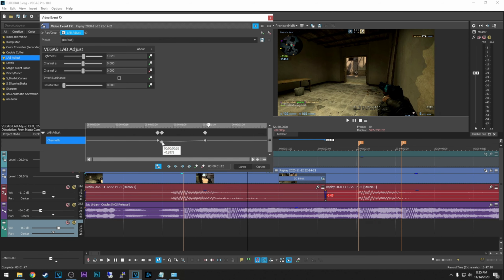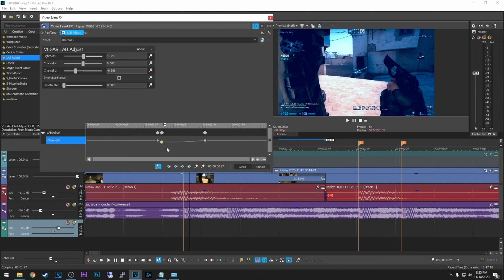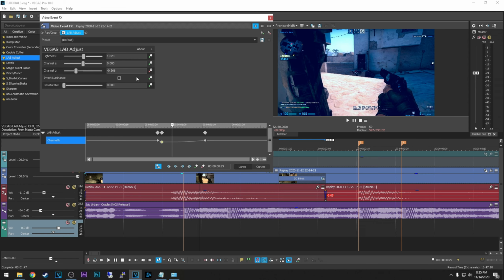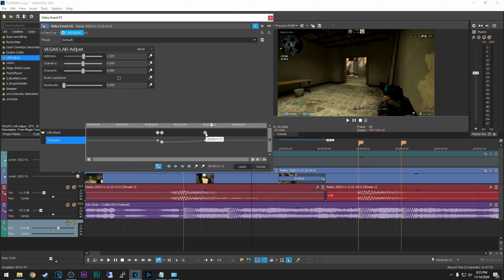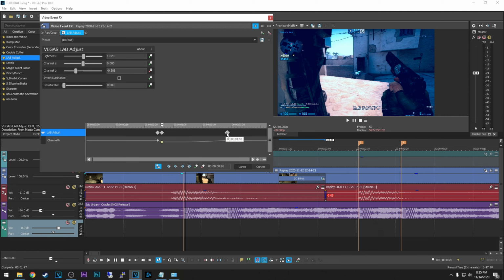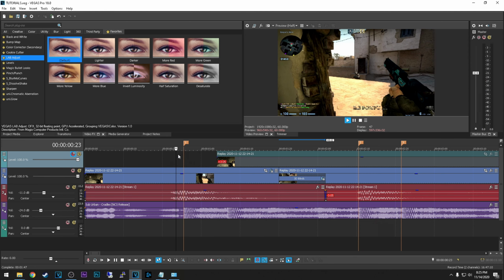What you can do is right click on the keyframe and select a different fade out, like a slow fade, fast fade or smooth fade, and it's going to modify the transition to the new keyframe, like the actual values. If I go with the slow fade, you will see that it stays at this setting a bit more and goes a bit faster at the end. So we can even drag the second keyframe a bit further and the effect will stay in for longer.